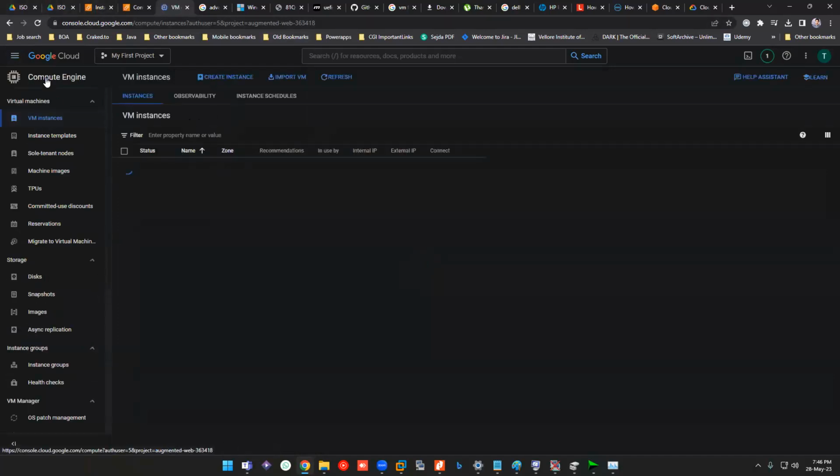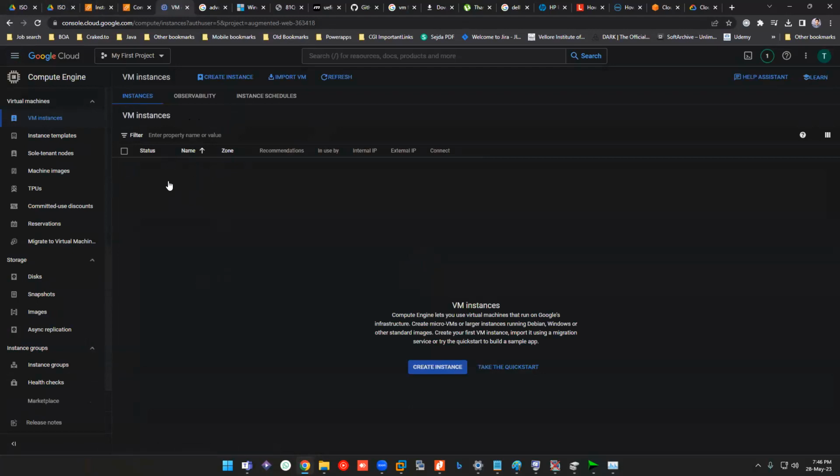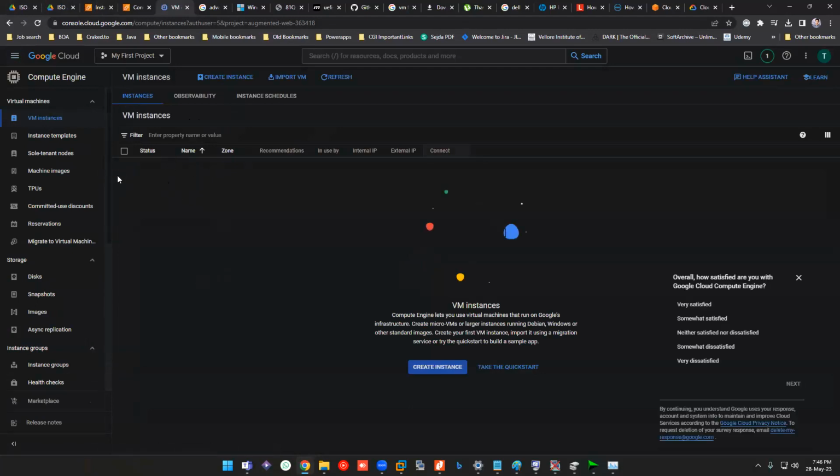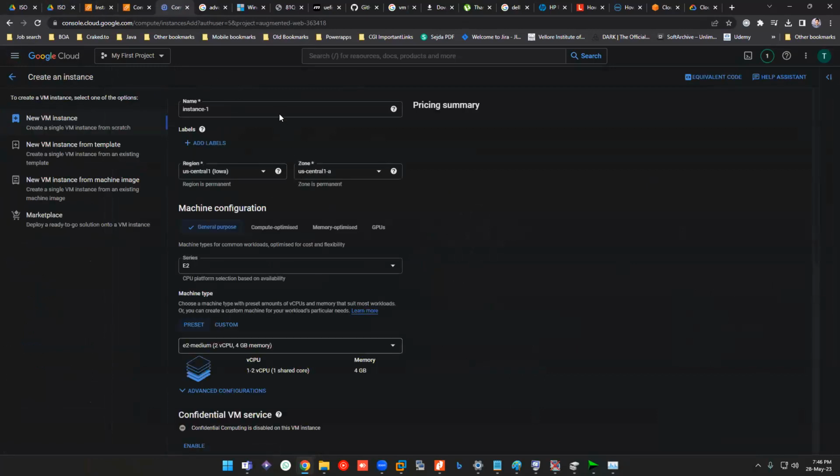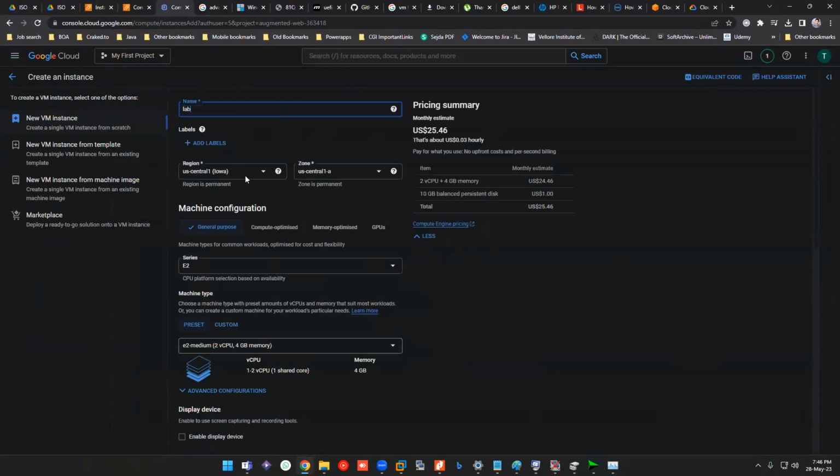Okay. So compute engine. The first time you do it, it will ask you to enable the API. Since I already did that, it is not showing in my case. So you just enable that, and only then you'll see the screen. Okay. So yeah, click on create instance. The same options, but yeah. Just type lab, and don't change the region and all. Anyhow, we'll be using the same.